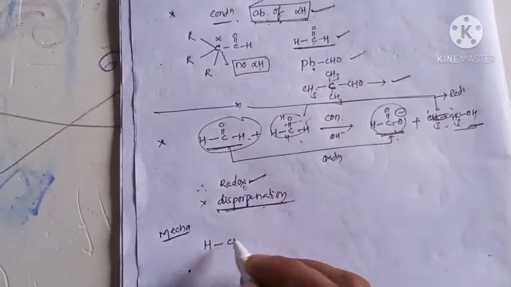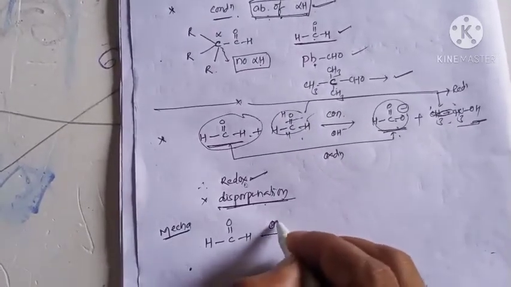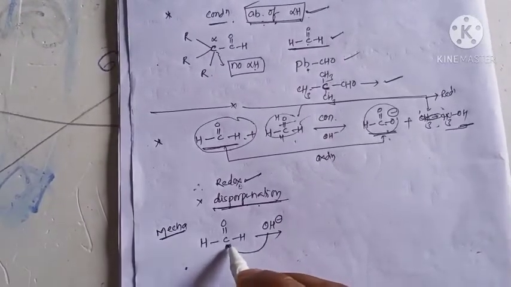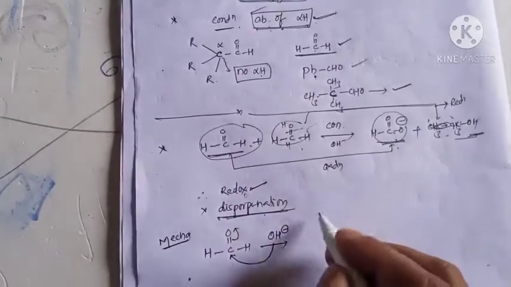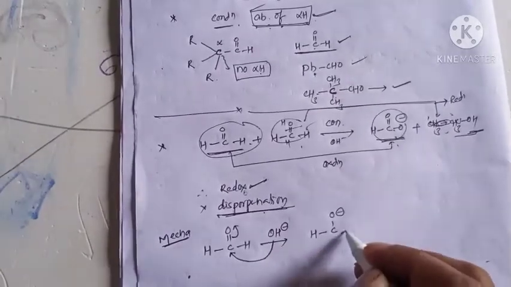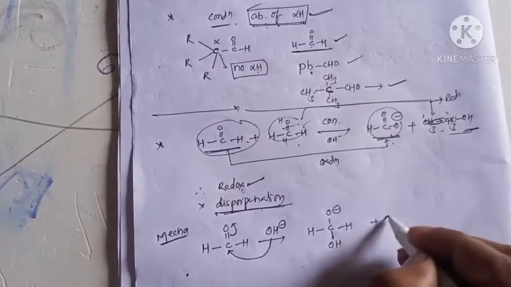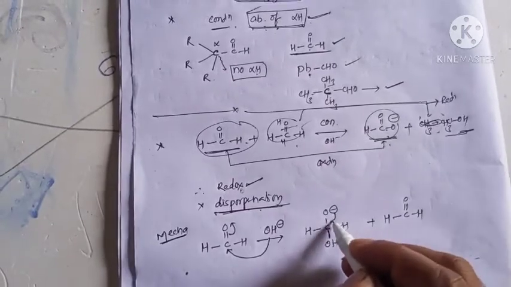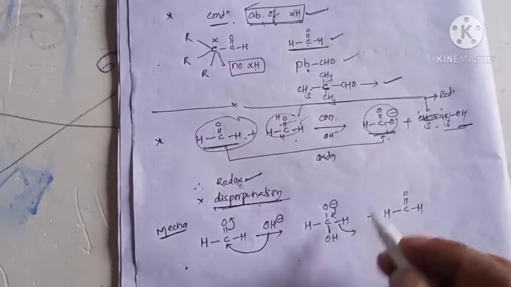See the first step. Generally aldehydes and ketones undergo nucleophilic addition reaction. Now OH minus can act as a nucleophile. This nucleophile attacks the carbonyl carbon because the carbonyl carbon is positive. Then simultaneously there is loss of the pi bond. It gives H, O minus. Here this carbonyl carbon is attached to OH, and the second molecule is C double bond OH. So this O minus is back. Then cleavage of this H minus, not H plus, H minus.